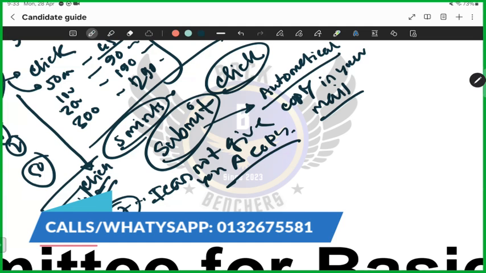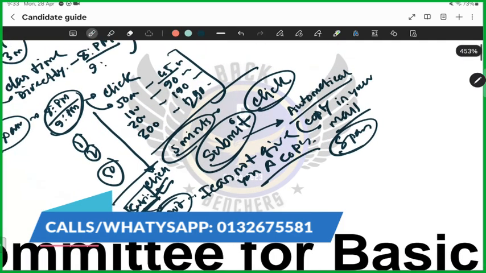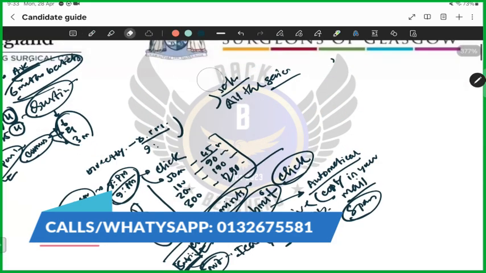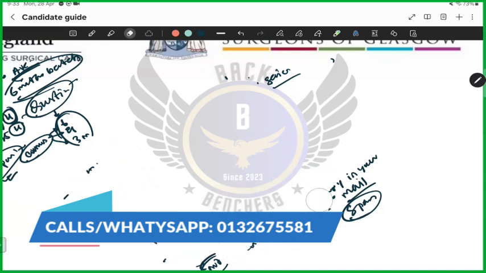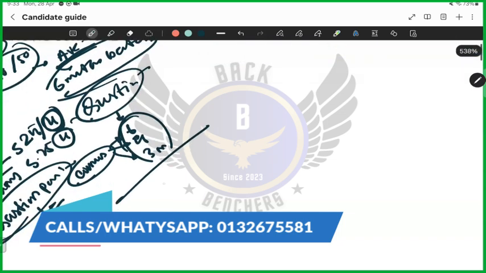You will automatically have a copy in your mail. You have to check spam sometimes, because sometimes they don't go to inbox. So this is the exam. And for question posting, you post any question there. Any question about your exam, or about your classes, or about the things you are not understanding, or you can text me directly in my mentor ID.